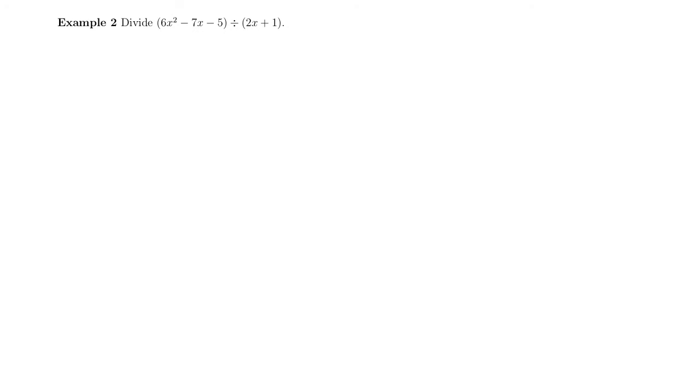For example 2, again, we're just dividing polynomials, but the thing that's tough about this one is we're dividing by 2x plus 1, so we can't quite use what we did in the previous example. What we're going to have to do is use the division algorithm. So maybe just as a quick recap, just off to the side, if I said 5 divided into,